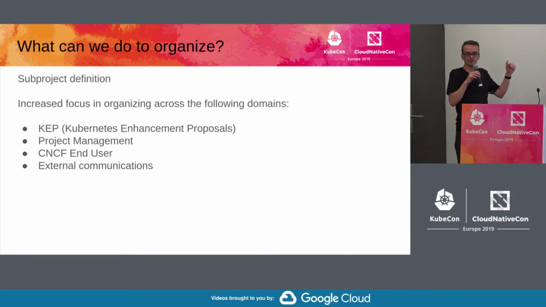At the initial phase of SIG-PM, we bootstrapped the features process, which was the basic process of how you, as a project contributor, can put your feature into Kubernetes. We defined the features themselves: what exactly is a feature and what is not, and how you can see your desired functionality in Kubernetes as a solid product. And also how you, as a consumer, can request and put ideas on the roadmap. So it was at the early initial stage. It was called features and kind of product backlog at that point in time.